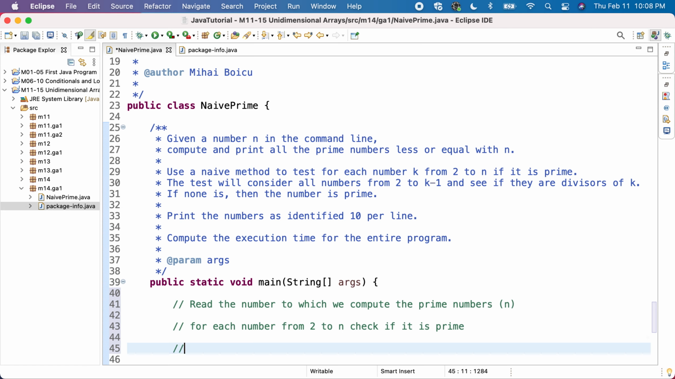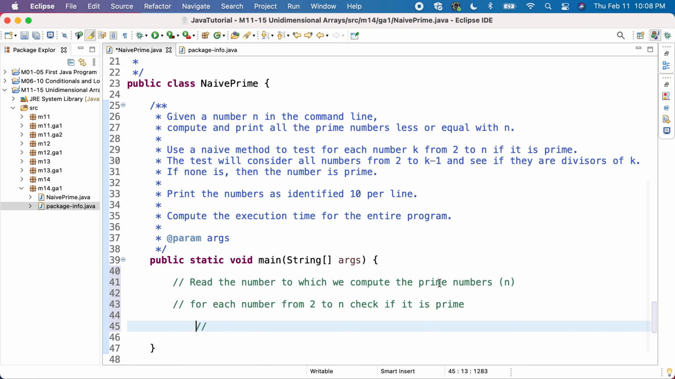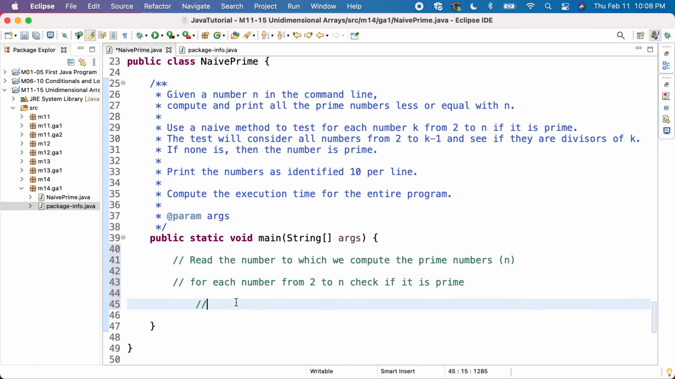Then we'll do that by, and I'll put here for each number k, so it will reflect the requirements. So for each number from 2 to k minus 1, check if it divides